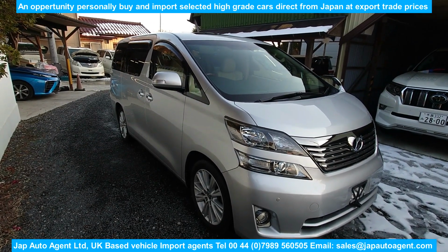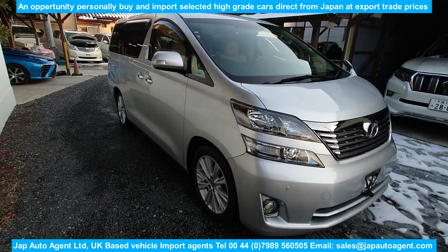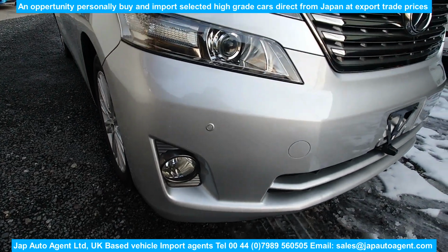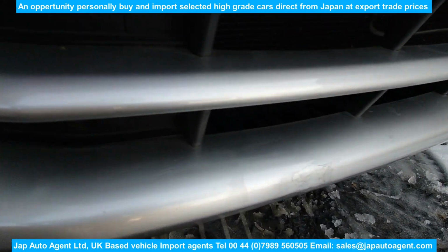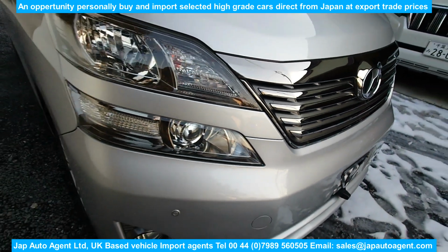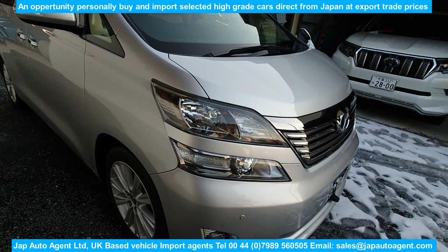It's a very nice example. It's a nice clean car. There's a little bit of a touch-up right there on the front. I think that's about the only thing to mention. Of the AFS and